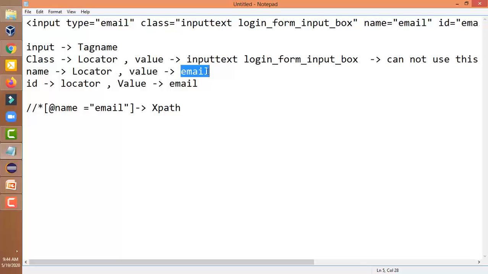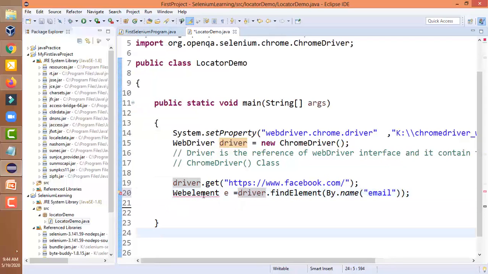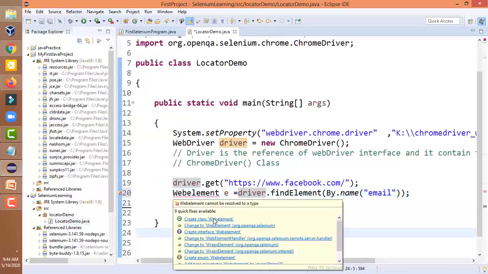Select this value, Ctrl C, Ctrl V, and enter this. Now what will it return to you? It will return the object of the web element.